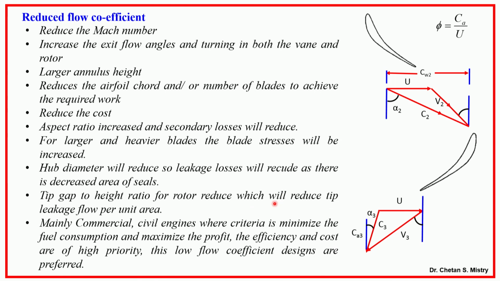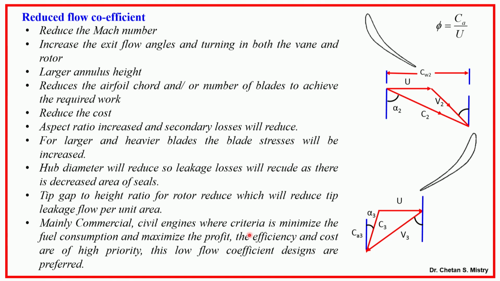Now, when we are talking in terms of reduced flow coefficient, the reverse will happen. What will happen? My Mach number will be reducing, my flow angle will be increasing, I will be having larger annulus height, that will be reducing the chord and number of blades, that will reduce the cost, and aspect ratio also will be increasing. So, my losses will be lower, my hub diameter also will be reducing,